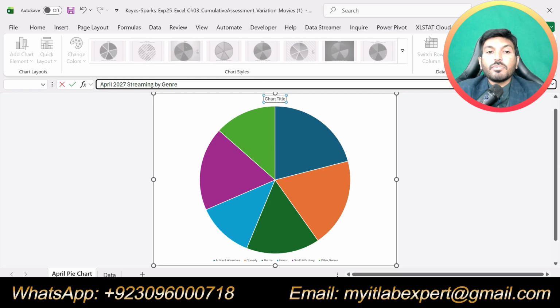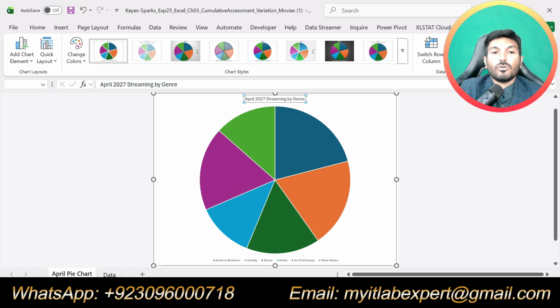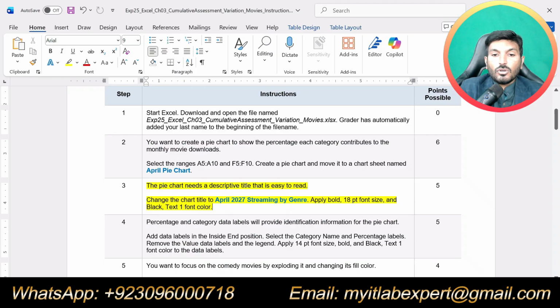So after typing this into the formula bar, once you are done typing, just press enter. Okay, so now you can say that we have added a chart title. Now it is saying apply bold, 18-point font size, and black text on font color.